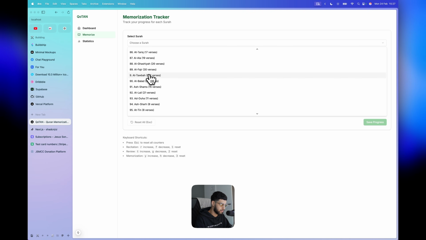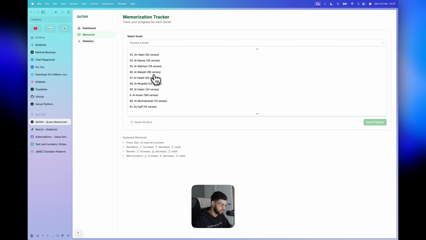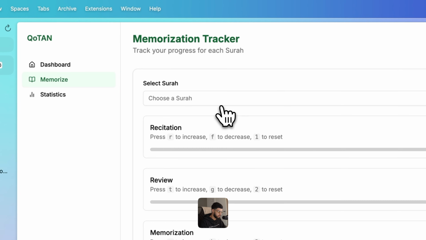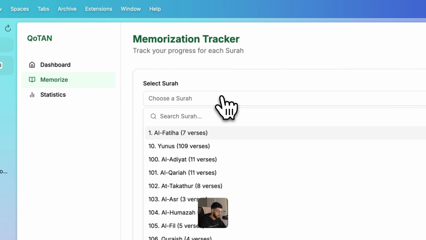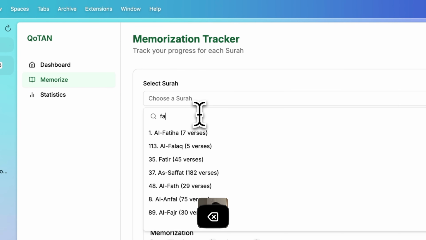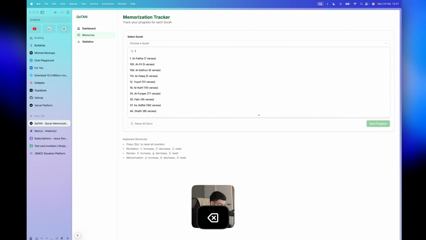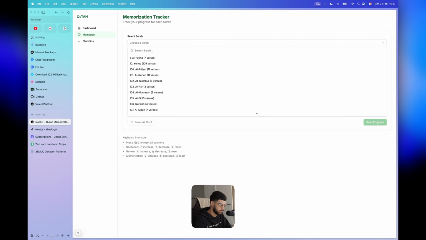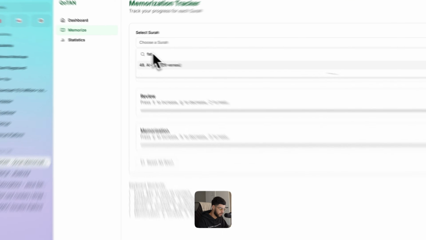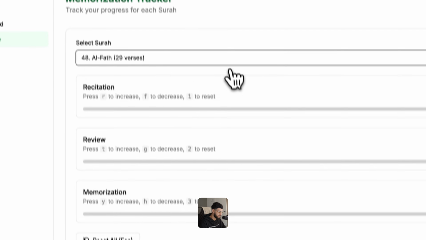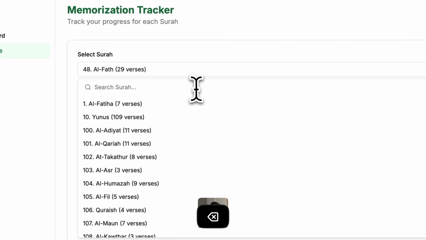I don't know why it's got 9 down here. Okay, it doesn't seem like it's in chronological order, which is fine. But can I search? Fatiha. Perfect. So let's just say, for example, Fajr.